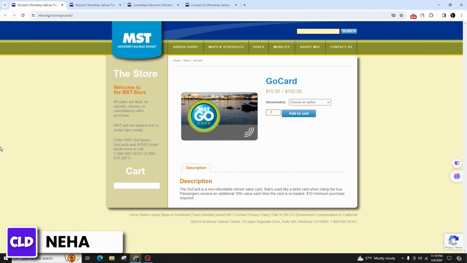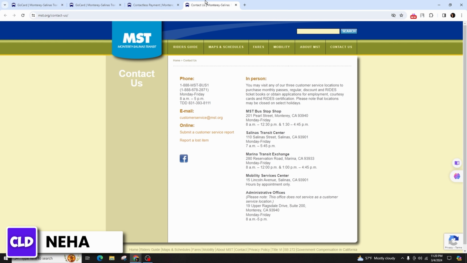In order to reach the GoCard California customer support, you can use the following methods. First of all, visit the official GoCard California website to access the Contact Us or Support option or a query submission form. Find the customer service phone number on their website or the related documents to directly contact their customer team. Look for an email address on their website or documents to send a detailed message, and also check if